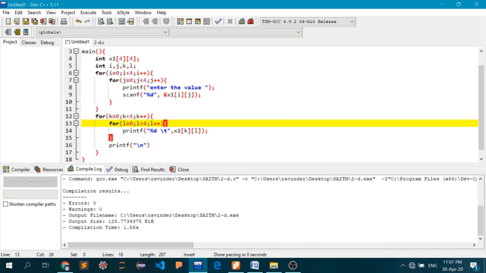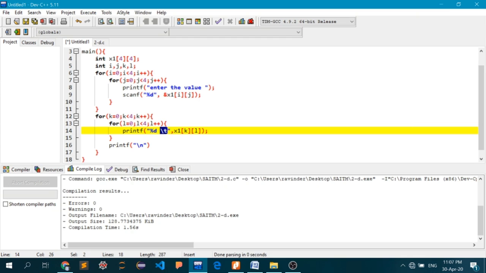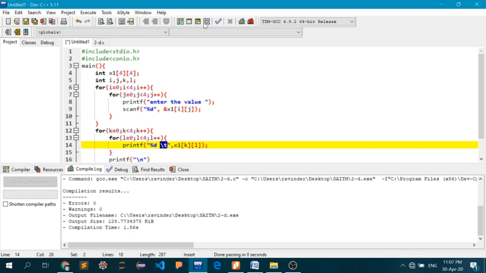This escape sequence \n is used for a new line, and this escape sequence \t is used for a tab.